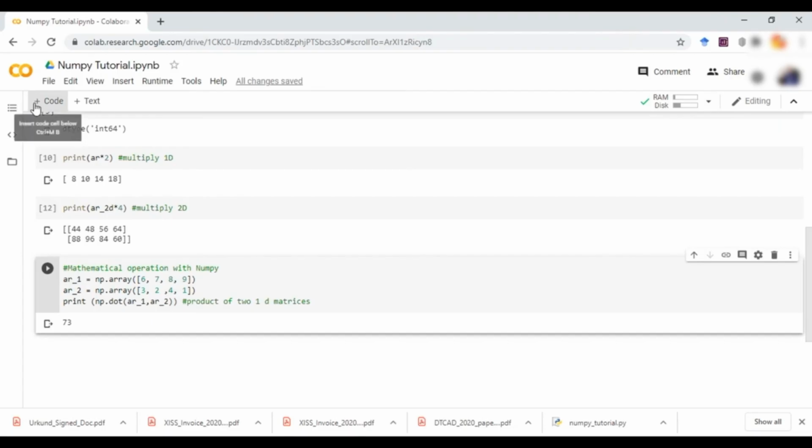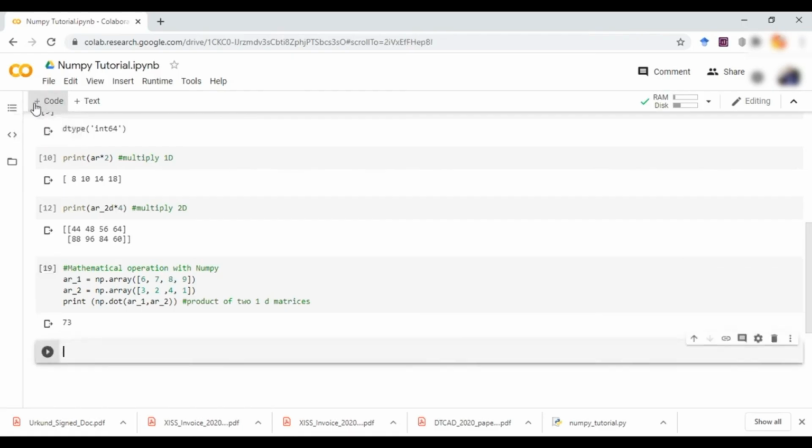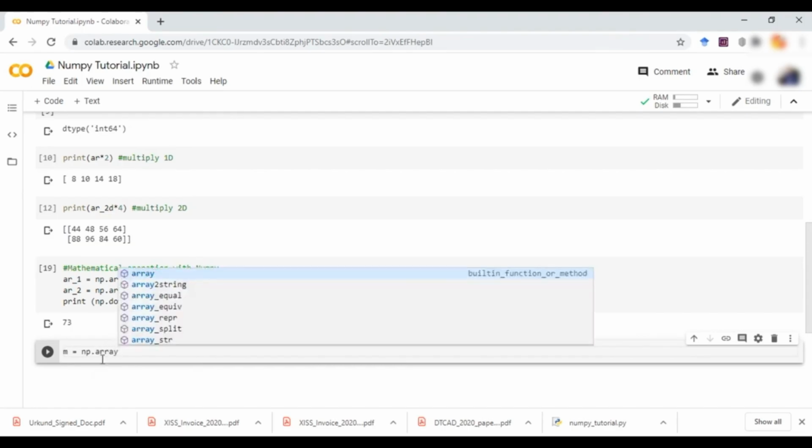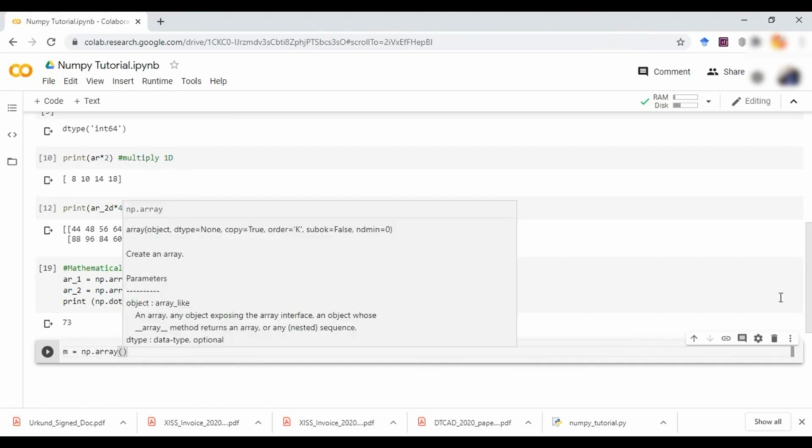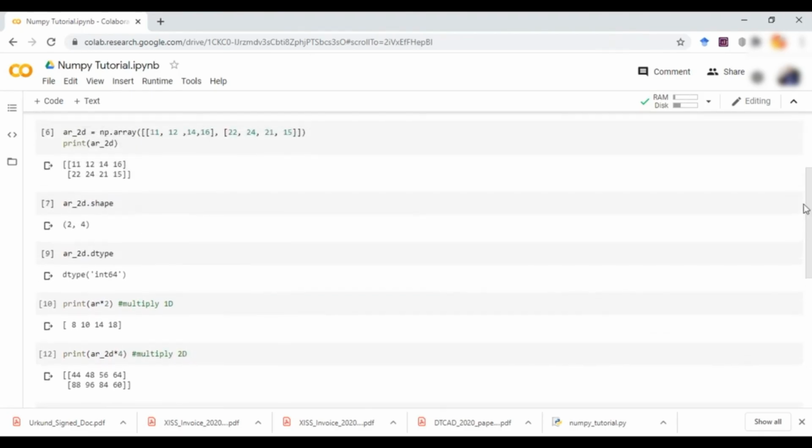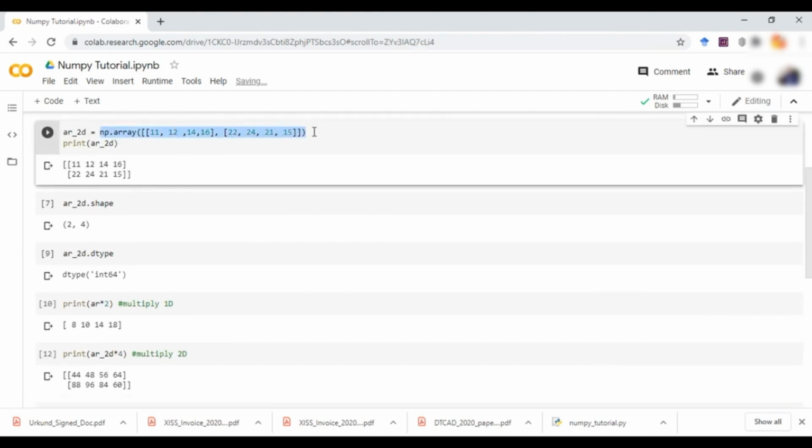Once this is done and you get the value, you can also have the transpose of a matrix. How can you do that? Let's say a matrix is denoted by M, and let us declare a matrix. A matrix will usually be declared by a two-dimensional array whose transpose we would like to take. Here we already have a two-dimensional matrix. Why don't we copy this and paste it here? Okay, we have copied it and